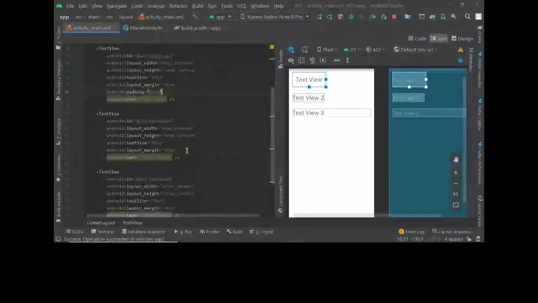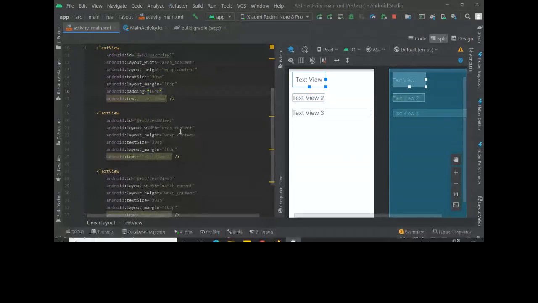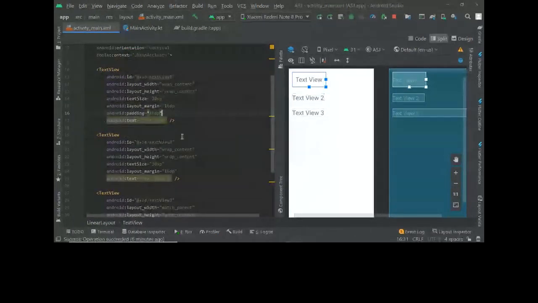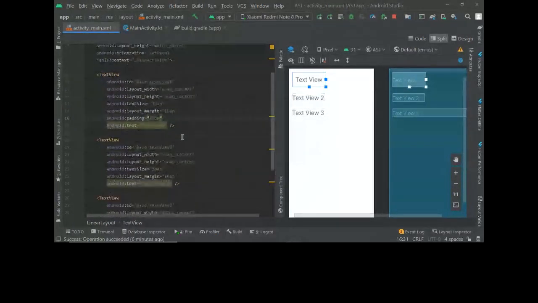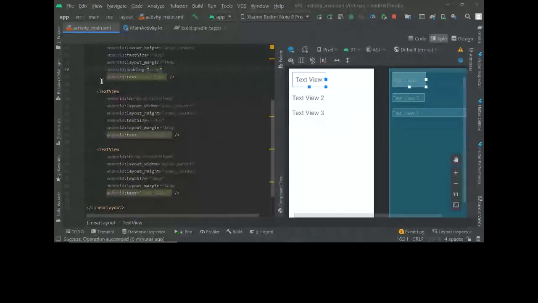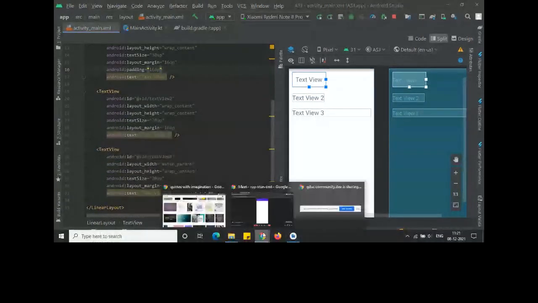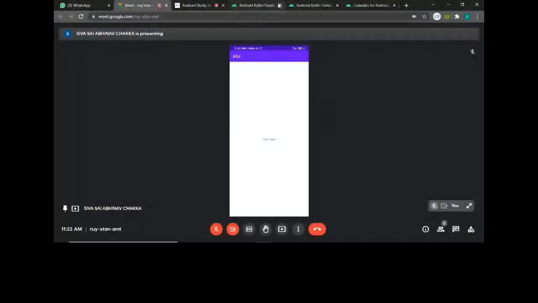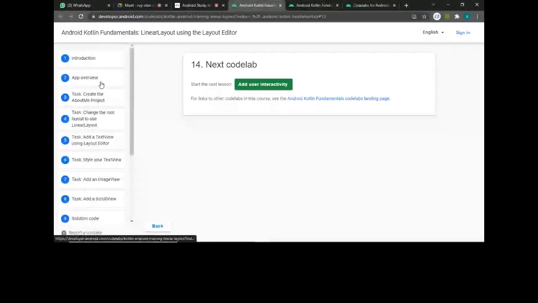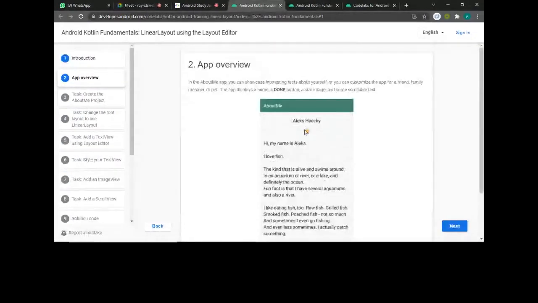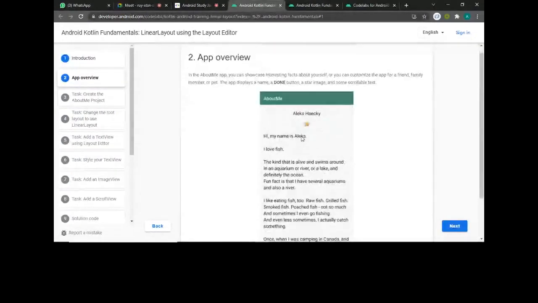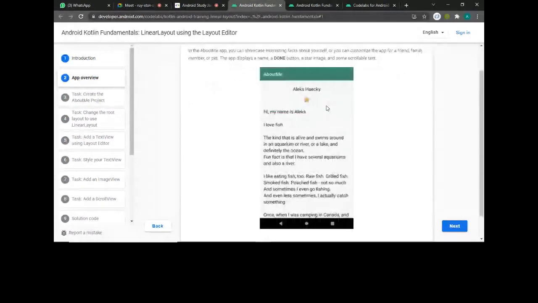We'll do what they mentioned in the code labs. It's just like an about me app or something. They have done an app similar to this, so we'll just do that.